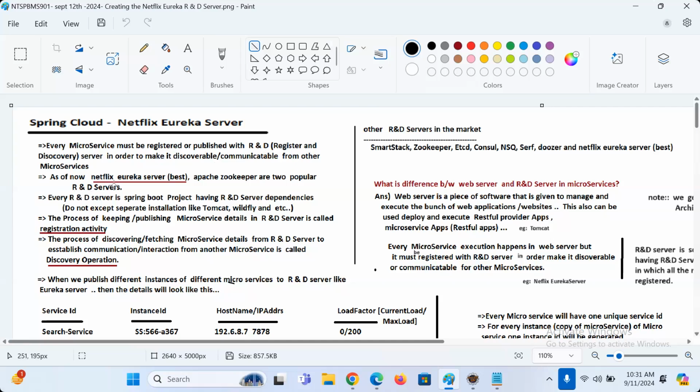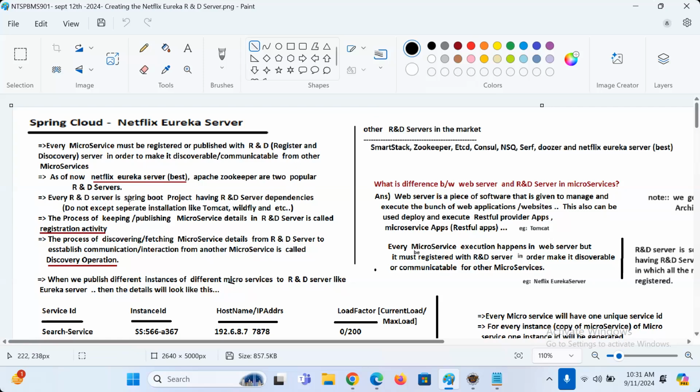As of now, Netflix Eureka server and Apache Zookeeper are two popular R&D servers. Other R&D servers in the market: SmartStack, Zookeeper, etcd, Consul, NSQ, Serf, Doozer, Netflix Eureka server. Netflix Eureka server is the best or not, guys?